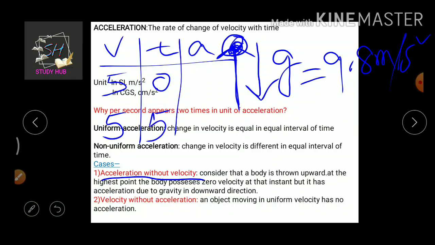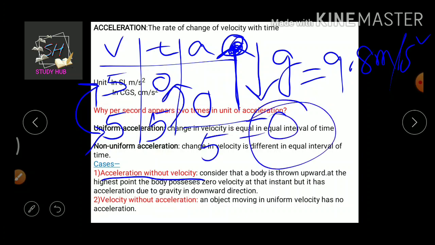So when we find acceleration, then what we get? The difference between these two distances, which gives us 0, and then the time difference, which gives us 5. So 0 by 5, that means 0. So that means there is no acceleration in the uniform velocity case. When an object is moving in uniform velocity, then it has no acceleration, but it has velocity because it is a uniform velocity. So these are the second case where velocity exists but acceleration does not exist.